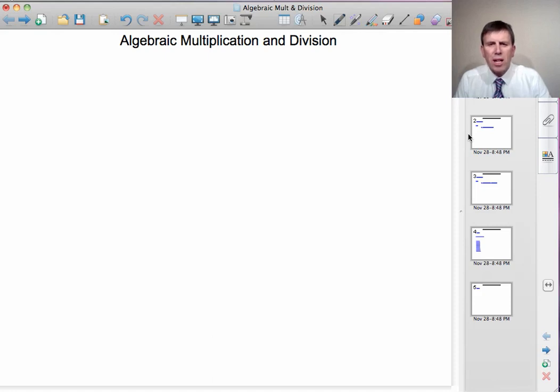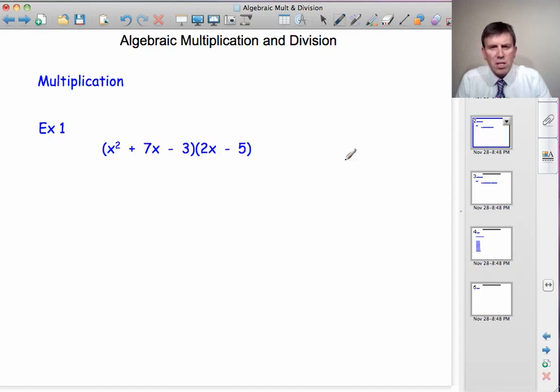Hello and welcome to a lesson on algebraic multiplication and division. We'll just have a brief look at multiplication before spending most of the time on the more complicated task of division. So, algebraic multiplication. At GCSE you saw brackets with two terms multiplied by brackets with two terms, and that